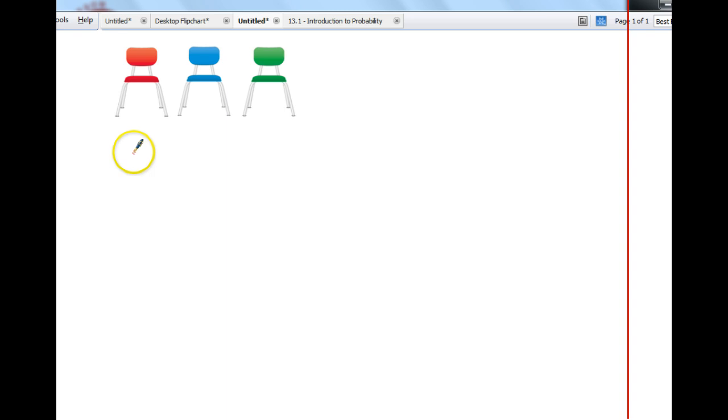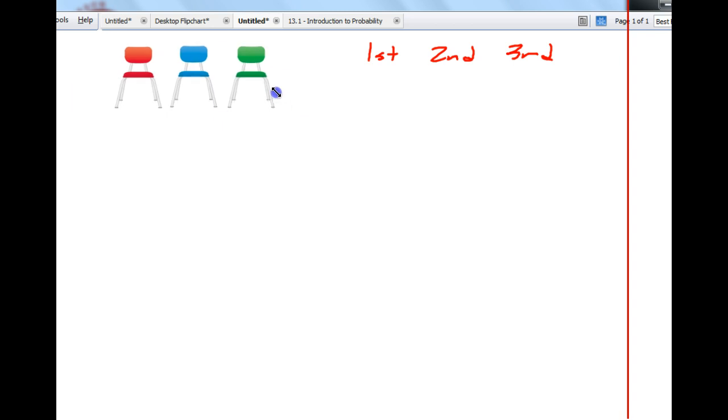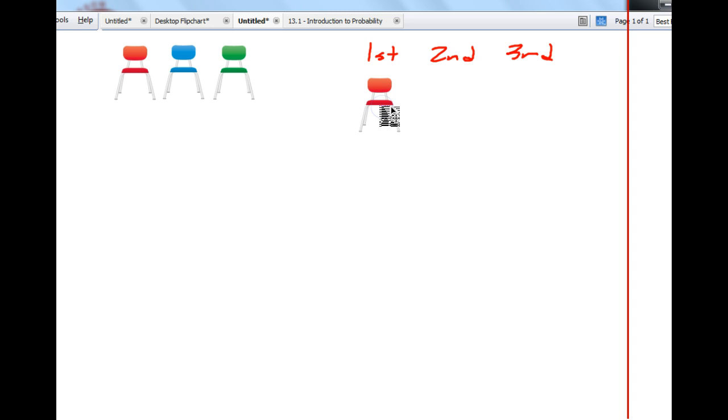We'll do the first chair, and the second chair, and the third chair. And we'll look to see how many choices we can do. Let me make these a little bit smaller here. I'm going to drag these over into the various locations. If I want to do the first chair, I have 3 options. So I'll put in red, and then for my second choice, I already used the red chair, so now I have to use one of the other 2, so we'll use blue,